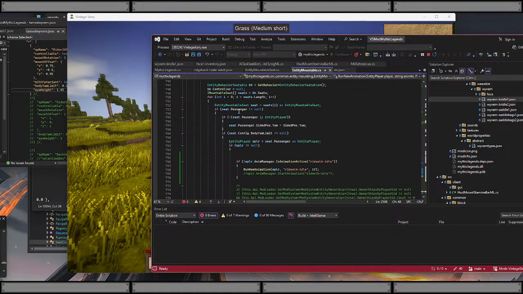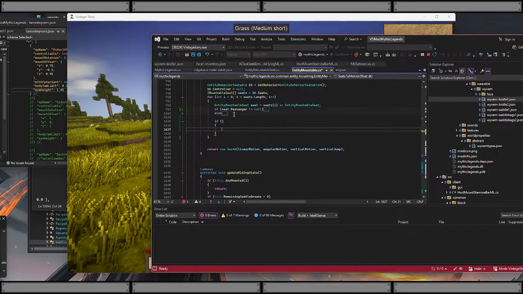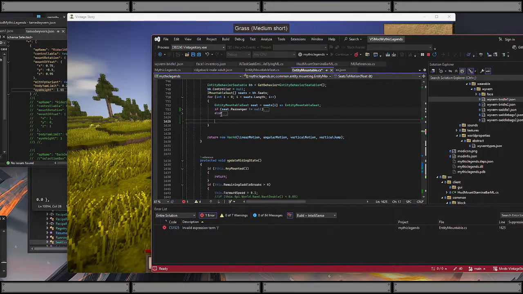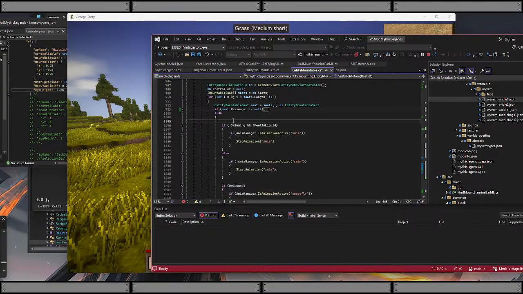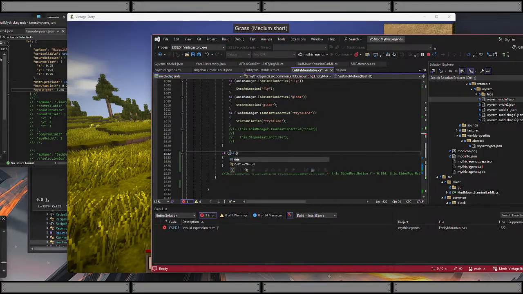Where... Okay, so I think it would be here. I can say if... You know what? Not here, but in this else statement. I'll just bump it down here and I'll say if this on